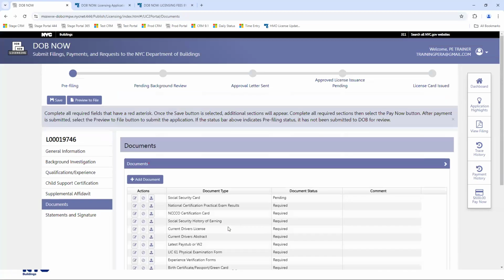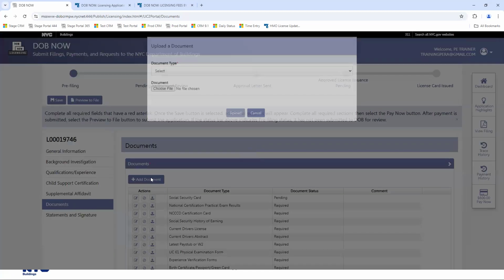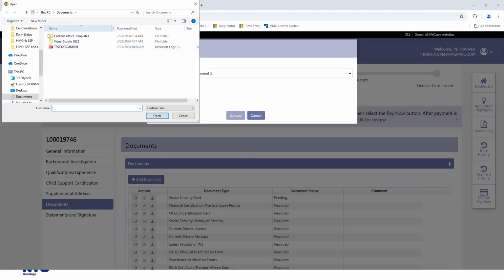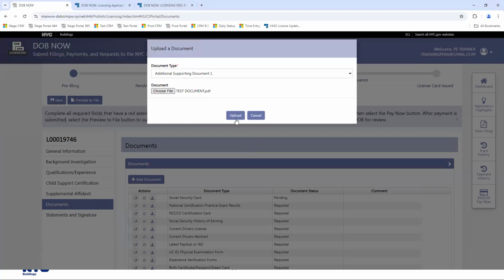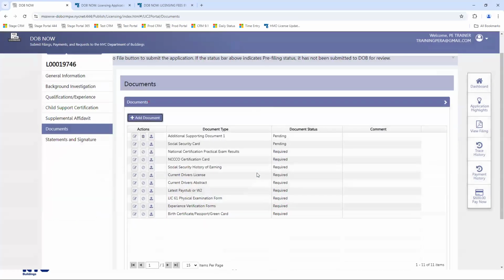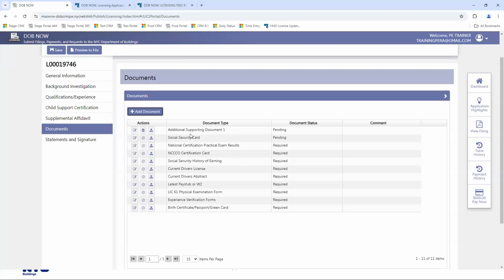We talked about the documents removed by the user. The Add Document button allows you to add additional supporting documents. And again, you navigate to the document and upload it. And it will be added to your list of documents.